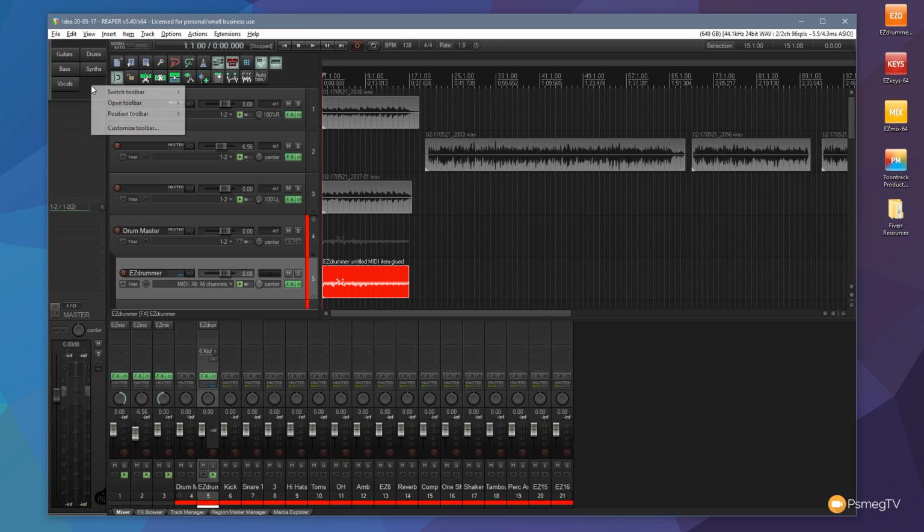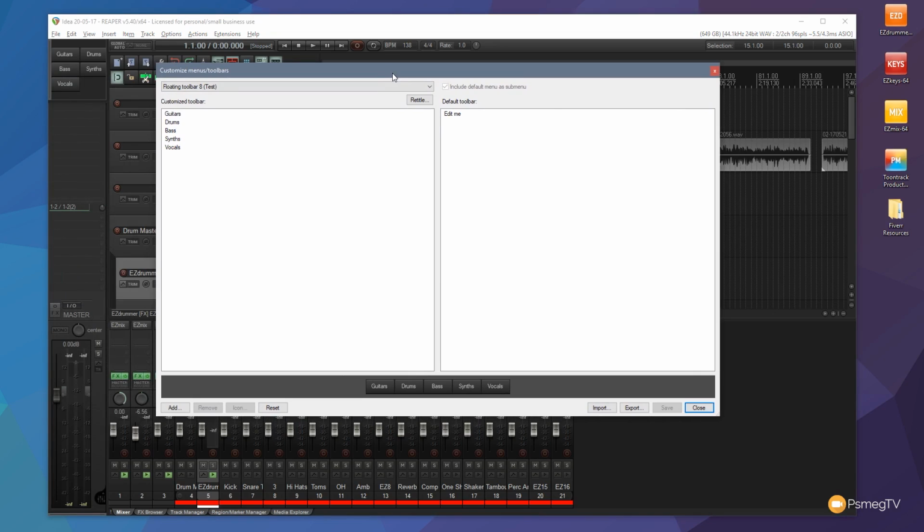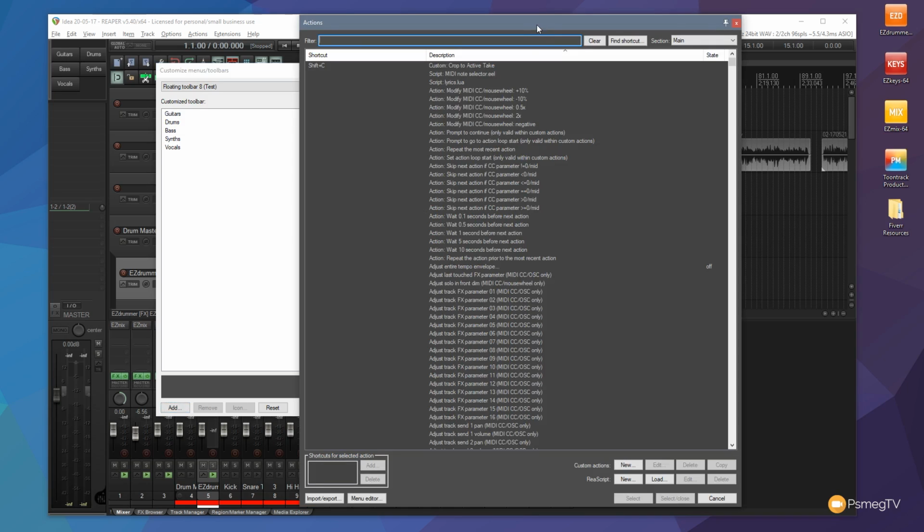So all I need to do is right click on this, and you can see we've got a couple of options, and what we're looking for is customize toolbar. So once I click on that, that'll show me the actions that have been associated to those buttons. So you can see we've got guitars, drums, bass, synths, and so on. So all we need to do to add a new one in there is simply come down and click on add. Once we've done that, we can now filter through the actions menu through the entire installation of Reaper,